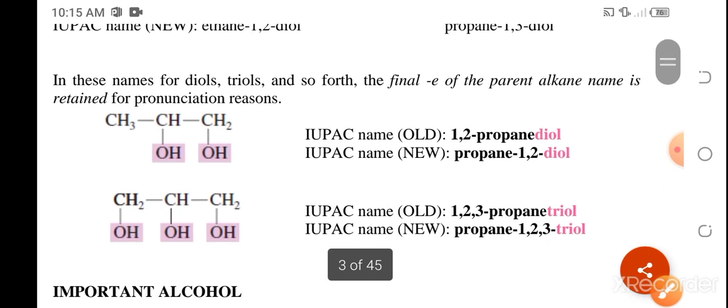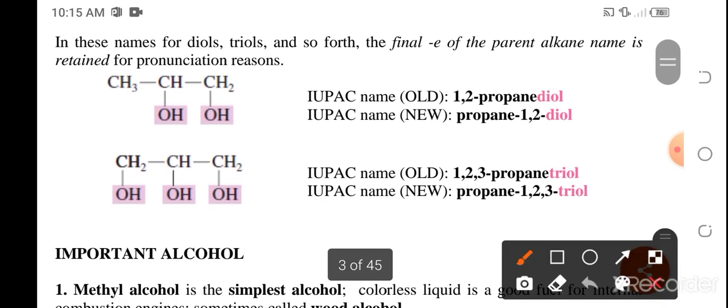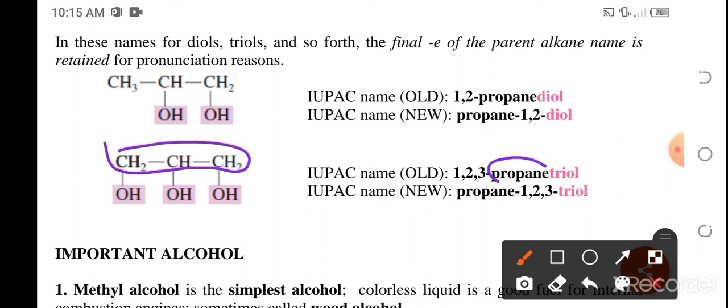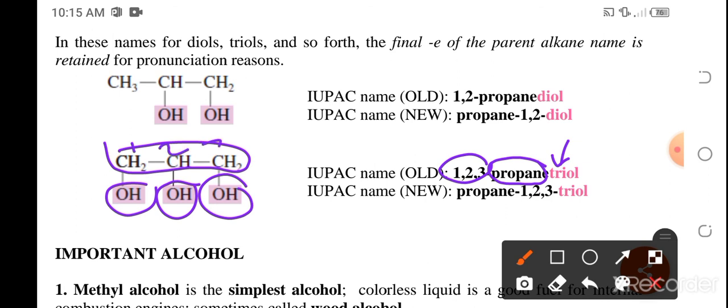We also have this one. Propane again, because there are 3 carbon atoms. But this time it is a triol, because of the 3 hydroxyl groups being attached on the first, second, and third carbon atom of the longest chain. Okay,